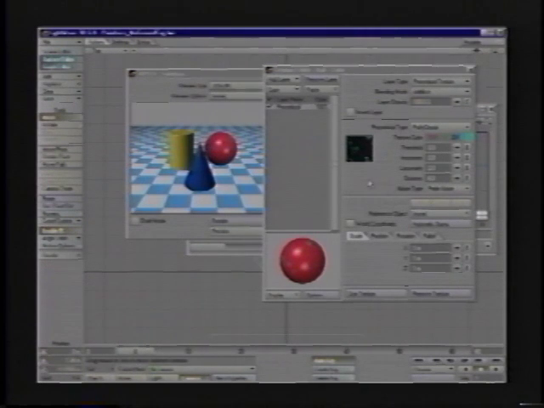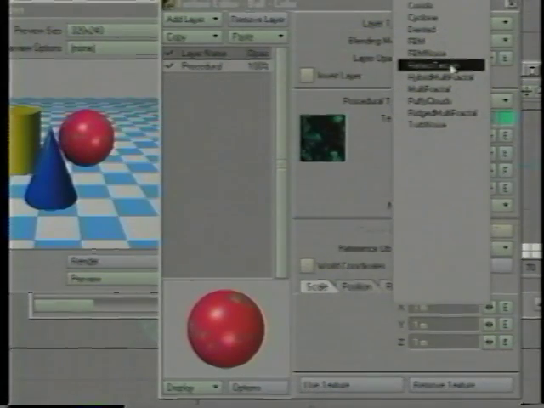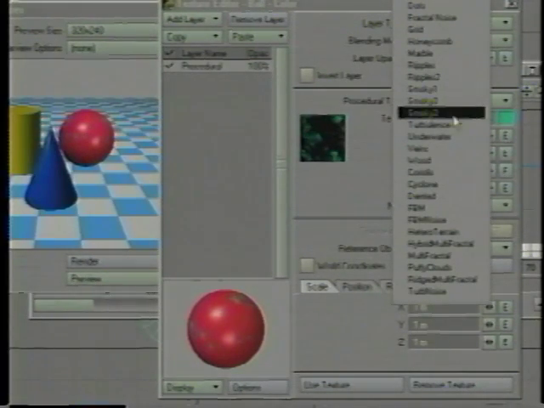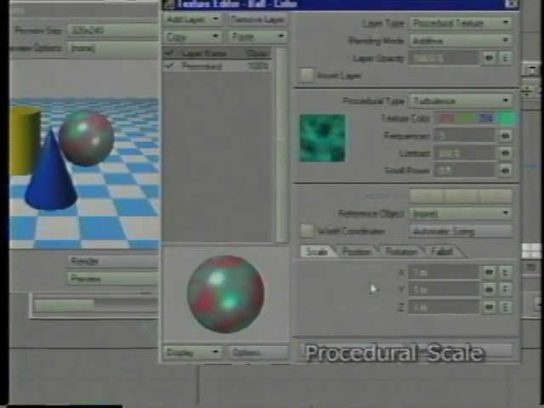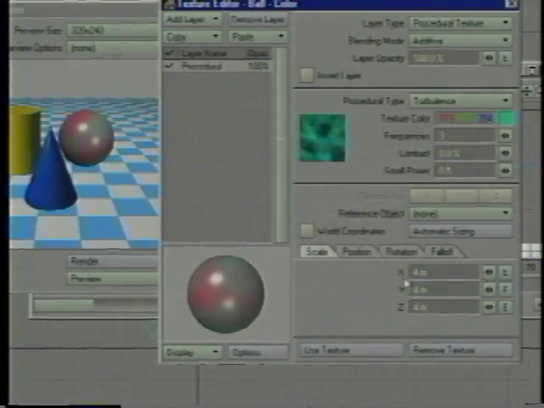Okay, other settings that we have here. Say once we pick a surface, let's go back up to turbulence here. Now we can do an automatic sizing, which will try and scale the texture to fit the bounding region, which in this case is 4 meters because we have a 4-meter sphere. Or I can change these with my little spinners. Let's say we want it to reduce the size dramatically here. And just see by dragging those around,